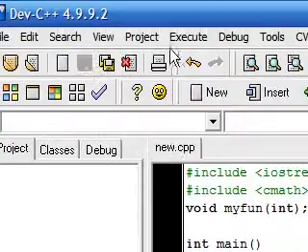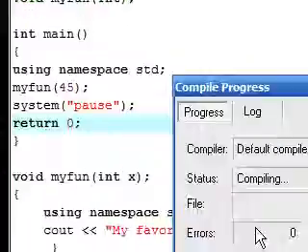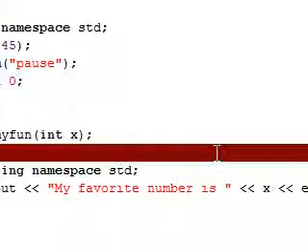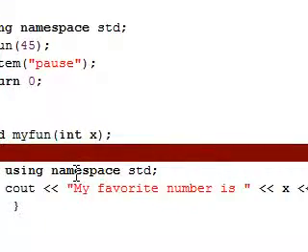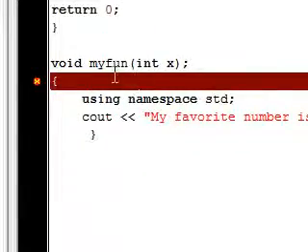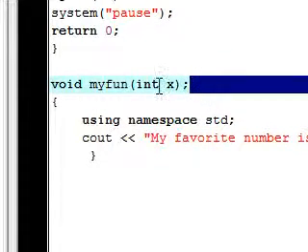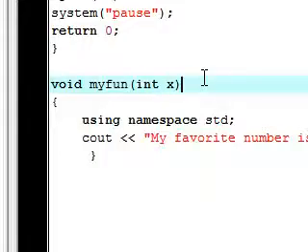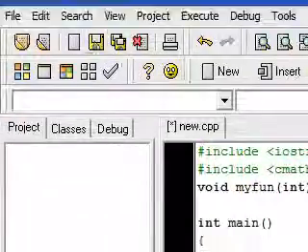So let's go ahead and save this, compile and run. Hopefully I don't have any errors. Oops, I do. Hold on one second while I fix this. Alright, here's my error. I accidentally had a semicolon before the function name, so let's just go ahead and delete that and save it. And just to tell you